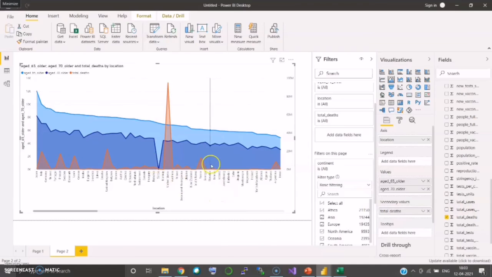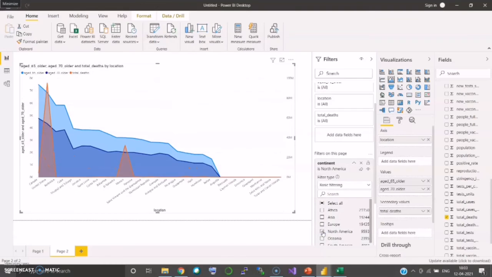We can see here, now I'm going to choose only one continent, which is North America. So we can see the North American continent's locations here, and the light sky blue denotes aged 65 and older out of the population.